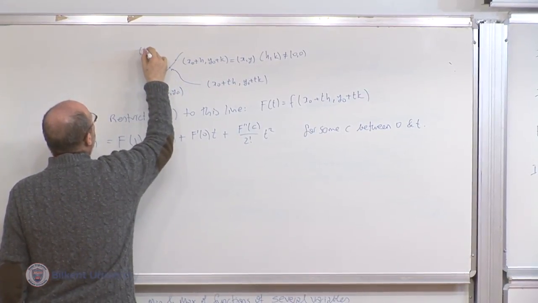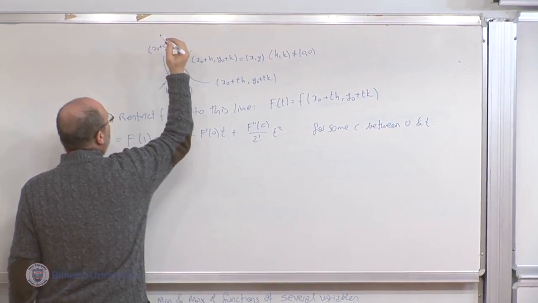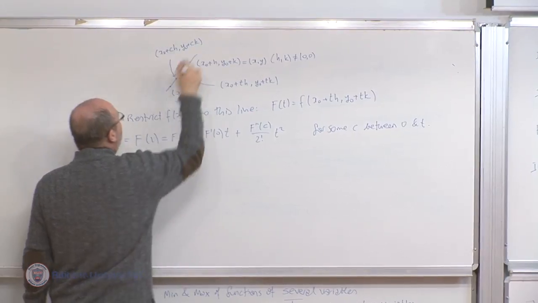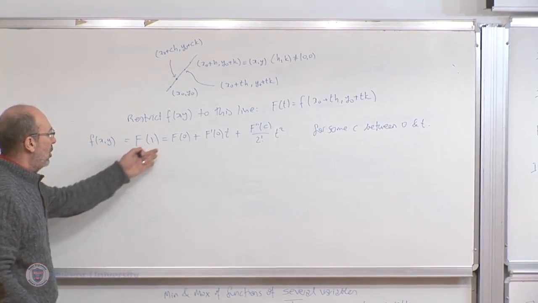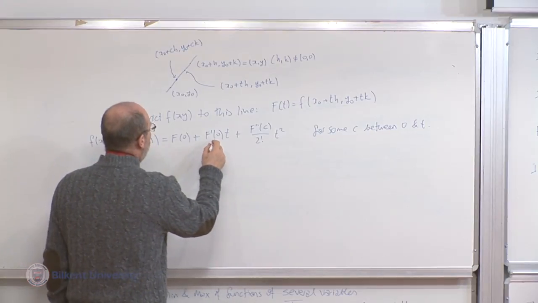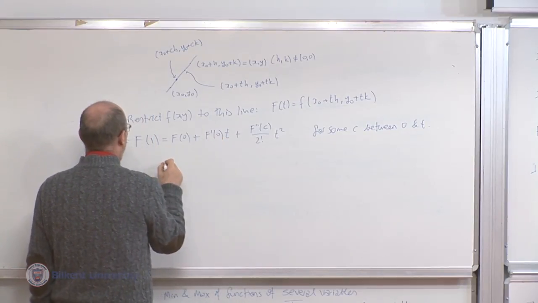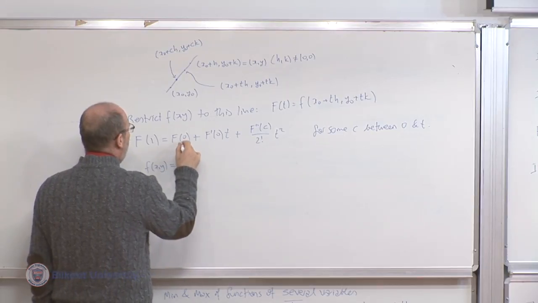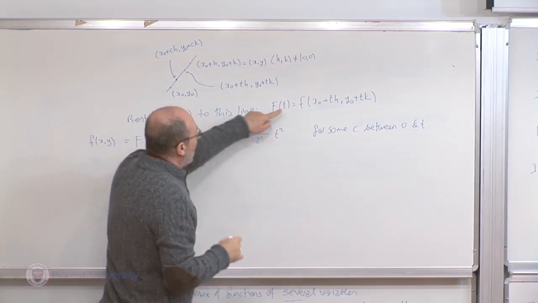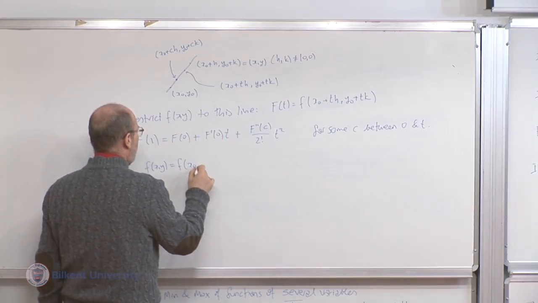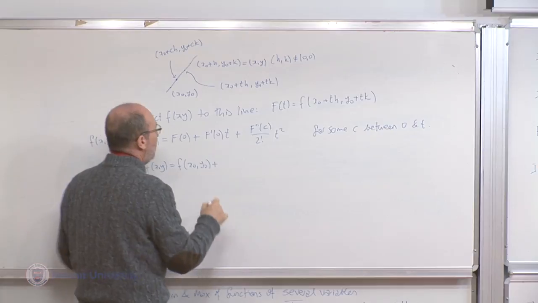This is x sub 0 plus ch, y sub 0 plus ck. Now I write what these are. Let's say f of x, y equals f of 0. You put t equals 0, so you have f of x sub 0, y sub 0 plus,